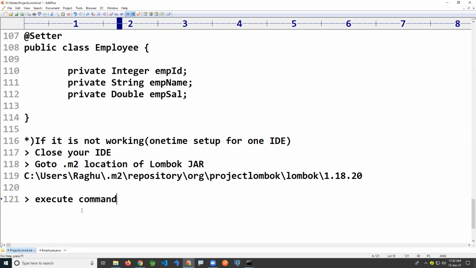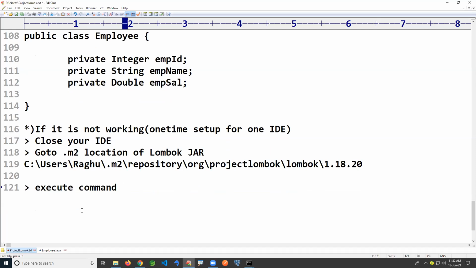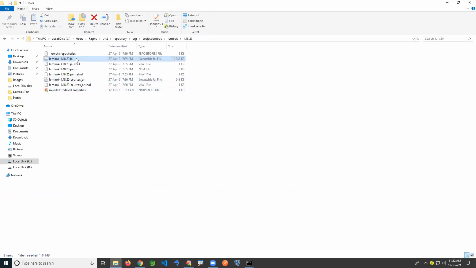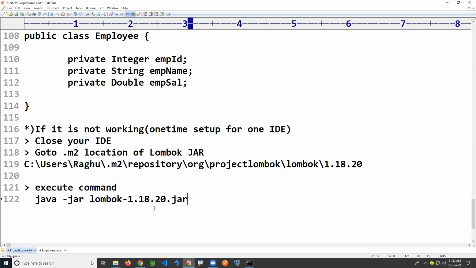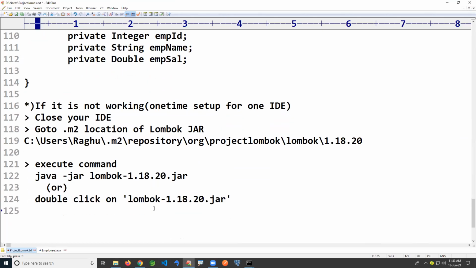Execute the command java -jar lombok.jar, or double click on the Lombok jar. Anything is fine.